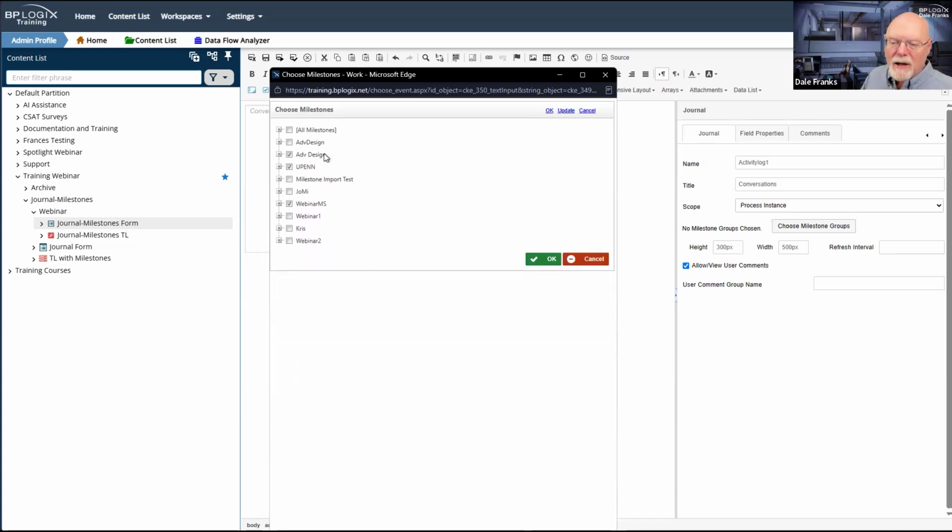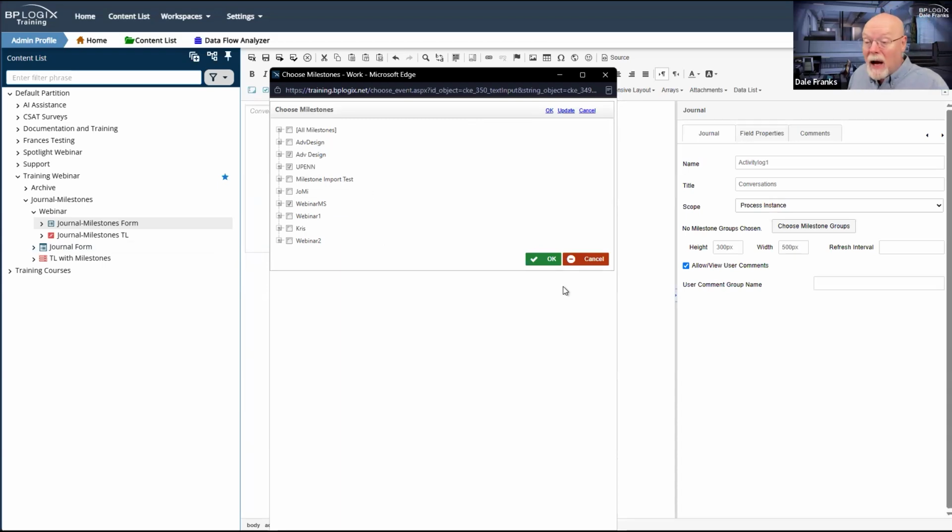In this case, these three milestones that I've selected here will be the only milestones that get tracked. So I can theoretically set my scope to no scope so that I have access to everything on the system, and yet still go into the choose milestones dialog box and pick and choose between the milestones that I actually want to display inside the form.